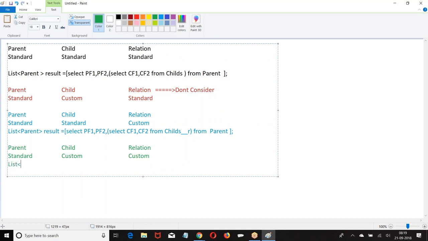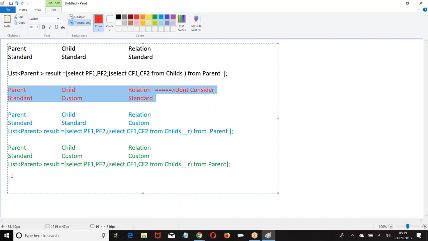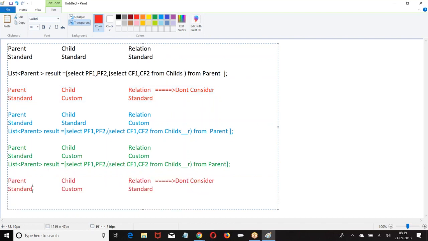Now, how do you create? Right. Then what is the other possibility? Custom. Custom relation. Two custom objects are connected by custom relation.